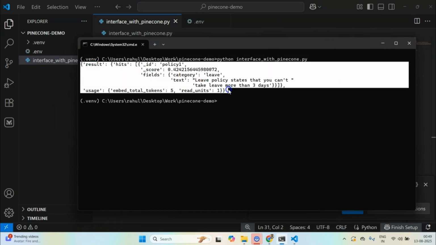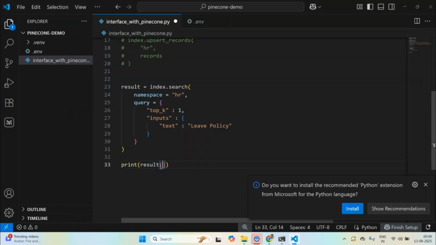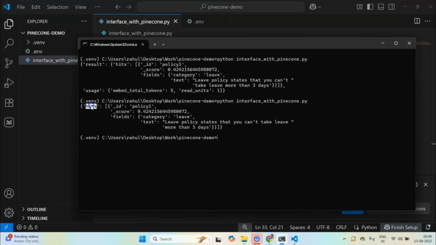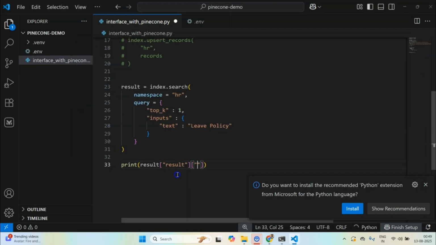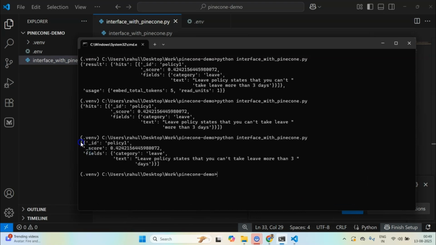This result is a complex JSON which has a key. Now let's try to extract the results key from this. Let's run this again and we should see another JSON. Now we see this hits. So now let's get the hits as well. You will see this hits will be a list.